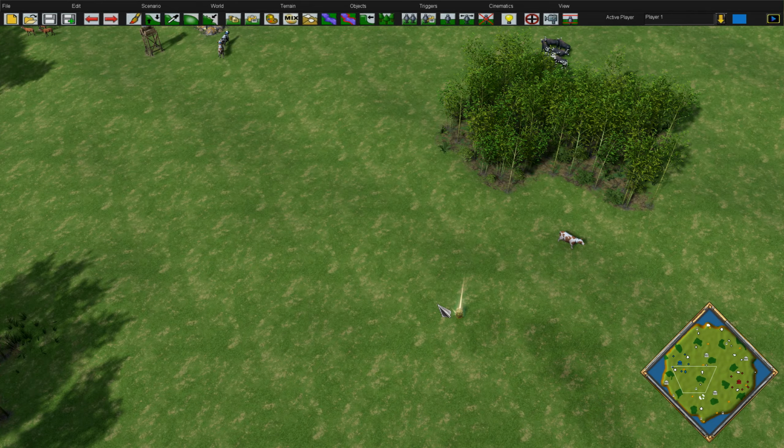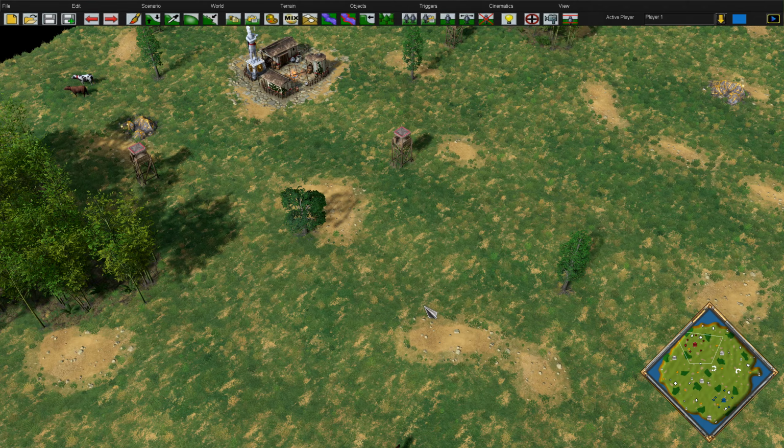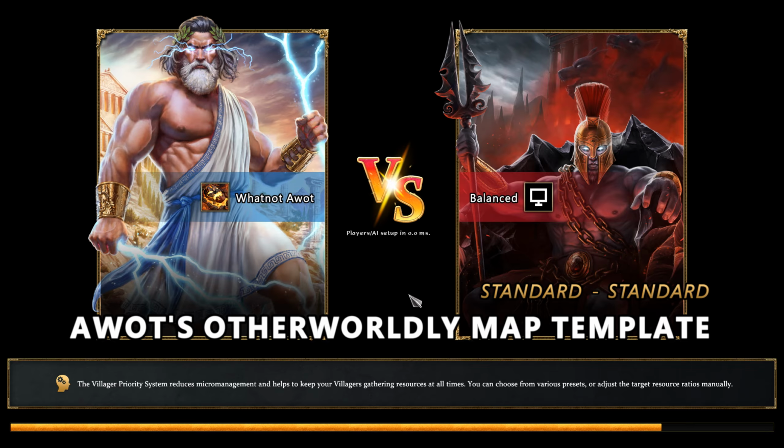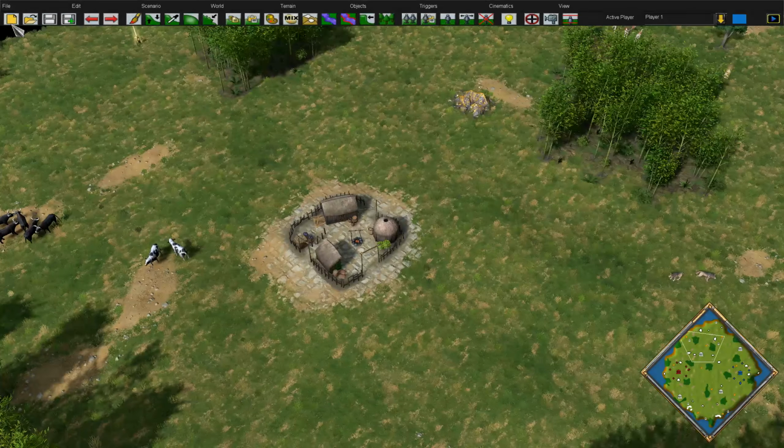But yeah, with that out of the way, I'm going to change the water and the cliffs together, and I'll show you how they randomize all together. And obviously these are not final, I'm still working on it. It's a very early alpha, I'm just starting.